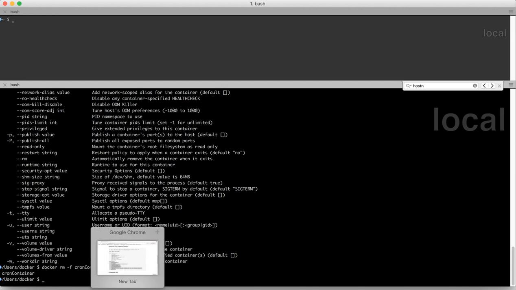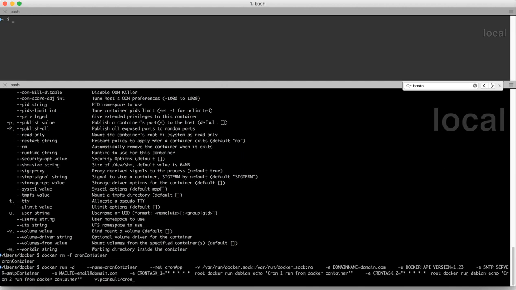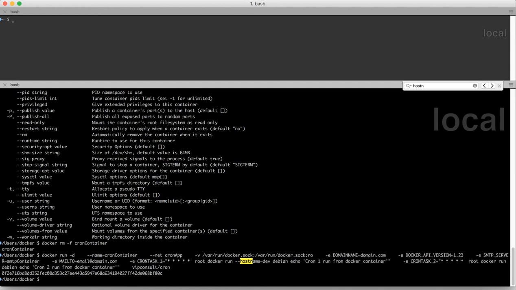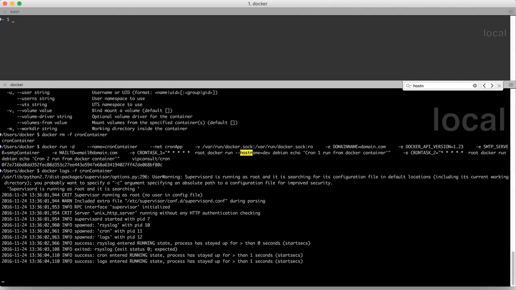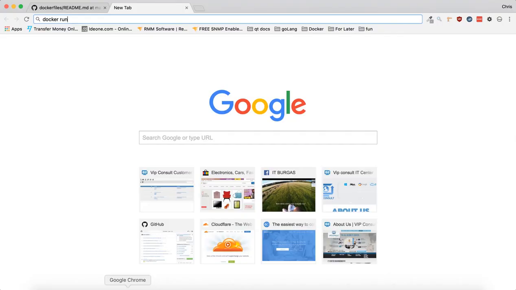And then let's start another cron, but this time the command will be different for one of the containers. Docker run, host, let's say this is a development machine, and let's see if it worked. Docker logs follow. Let's see if it will send an email using the host name. Okay, in the meanwhile,